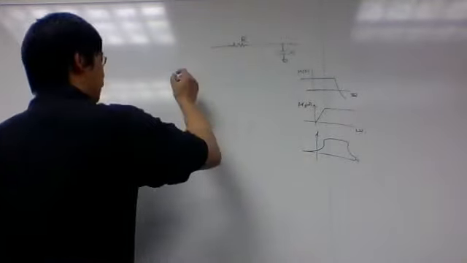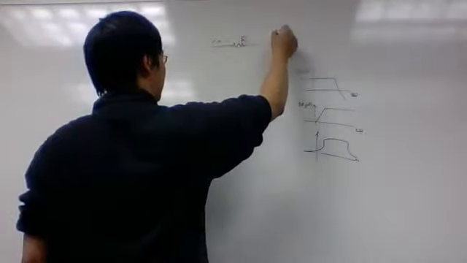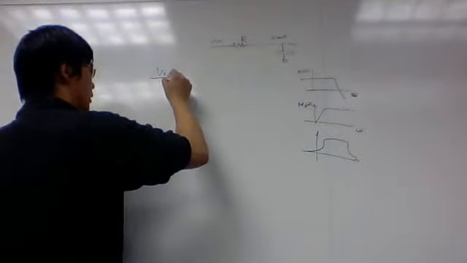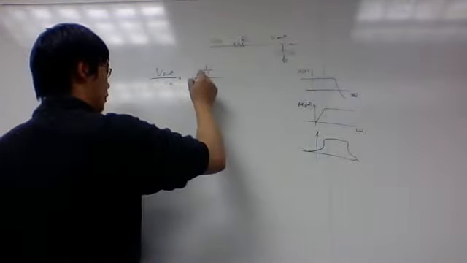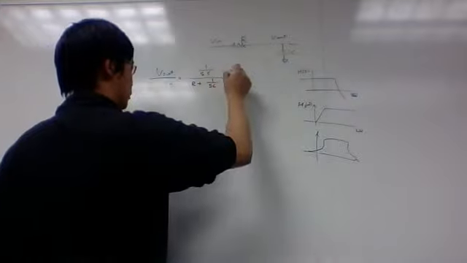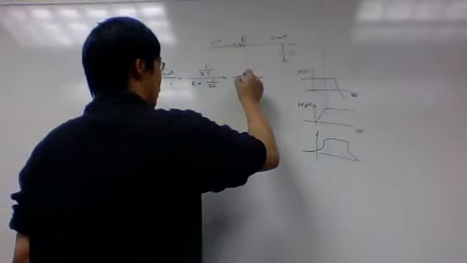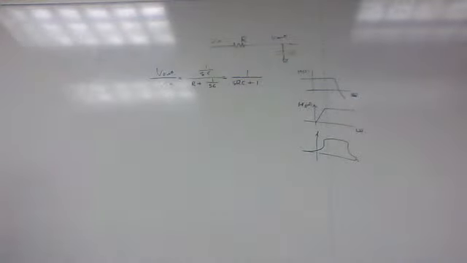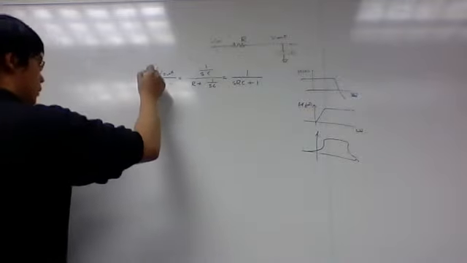So basically, if you have this input and output, right? V out over V in will be the impedance of the cap, so it's 1 over SC divided by the whole impedance. This will be SRC plus 1, right? So if this is H, right, equal to this one,